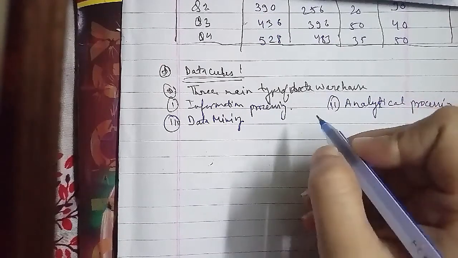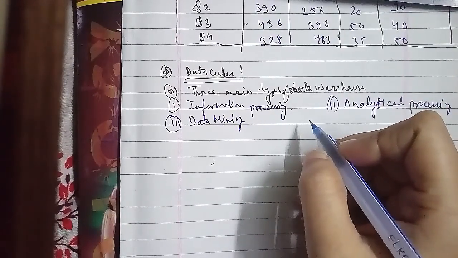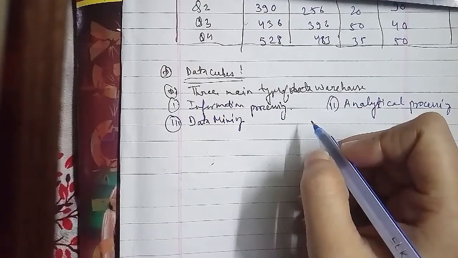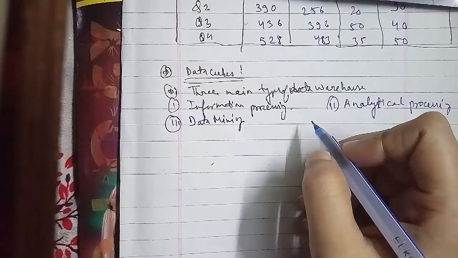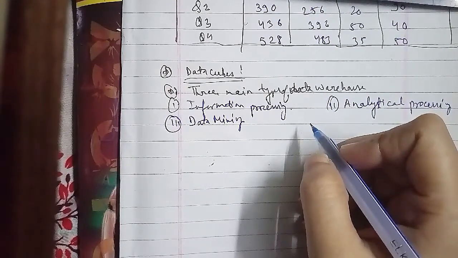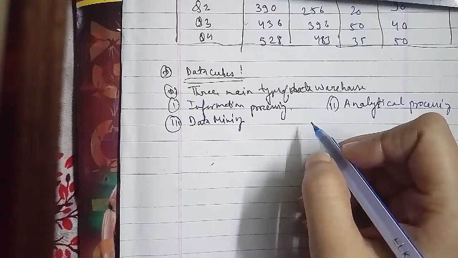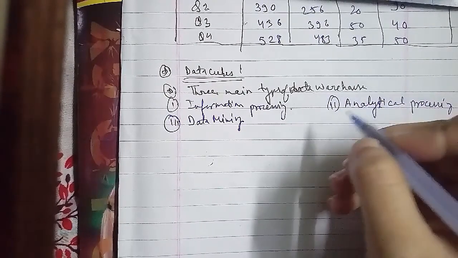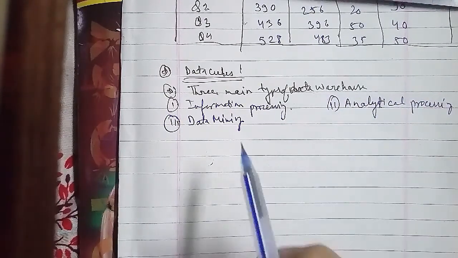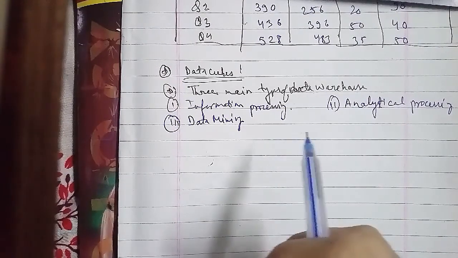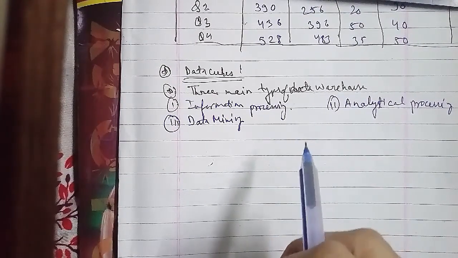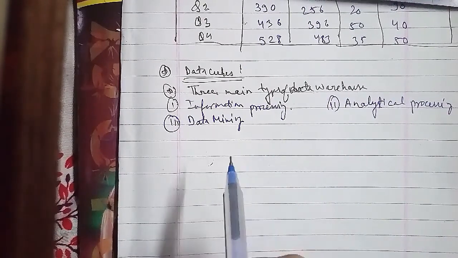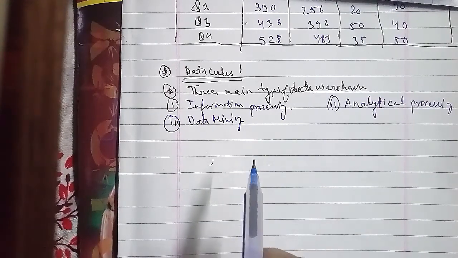Now we'll go ahead with another one that we have to discuss, in terms of the concept hierarchy. The concept hierarchy organizes the values of attributes or dimensions into gradual levels of abstraction, and it is useful in mining at multiple levels of abstraction. There are three tiers of architecture that we will also discuss in detail. The data warehouse adopts the three-tier architecture, as I told you: the bottom tier, the middle tier, and of course the top tier.